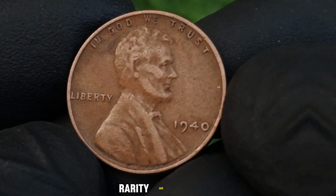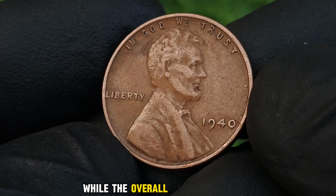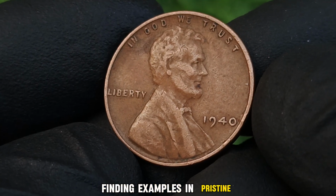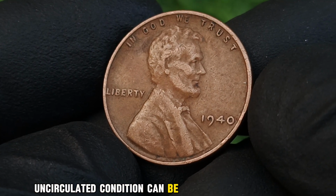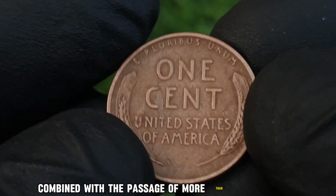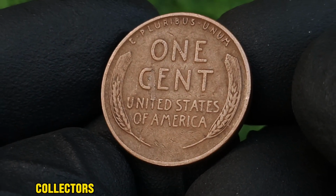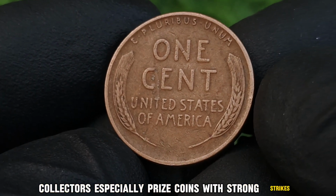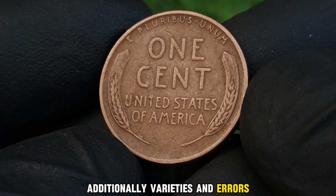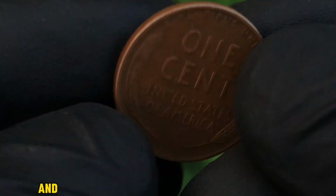Rarity and condition are central to the 1940 Lincoln Wheat Penny's allure. While the overall mintage was high, exceeding hundreds of millions, finding examples in pristine, uncirculated condition can be surprisingly challenging. Natural wear from circulation, combined with the passage of more than 8 decades, means that truly exceptional specimens are scarce. Collectors especially prize coins with strong strikes, minimal blemishes, and original luster. Additionally, varieties and errors, such as double dies or repunched mint marks, elevate the rarity factor and drive strong interest